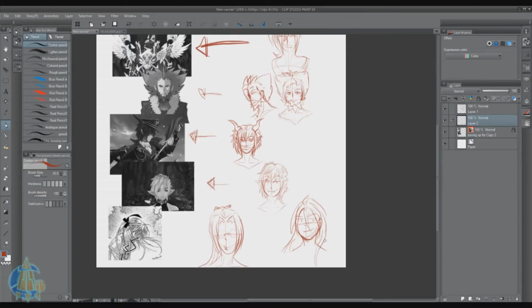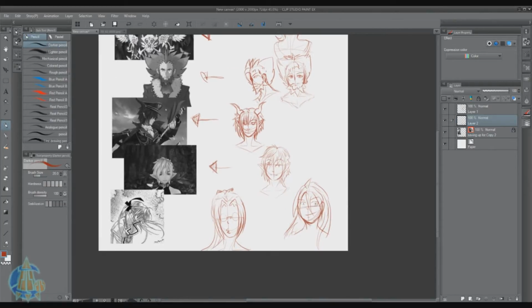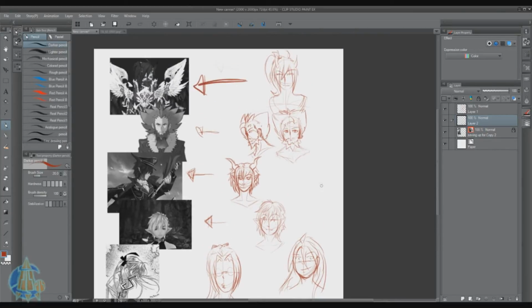You just go for it and free-flow the hair. So there's that. I don't occasionally draw people with long hair, but I can draw it. It's just a little bit harder to control for some people, but I